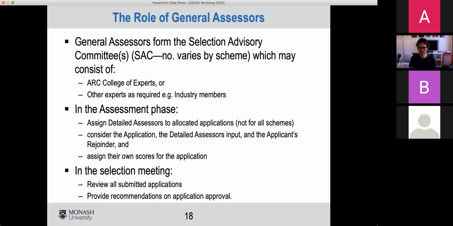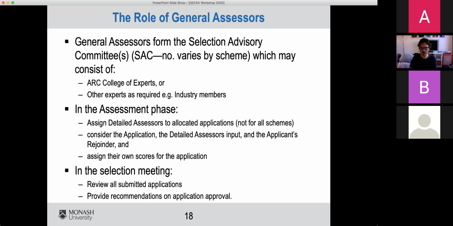So the general assessors form that selection advisory committee, that panel. The selection advisory committee is drawn from the ARC College of Experts. You can go to the ARC website and see who is on the College of Experts. There are a number of people at Monash in the Faculty of Science who are on the College of Experts. There are a number more who have applied to be on the college for next year.